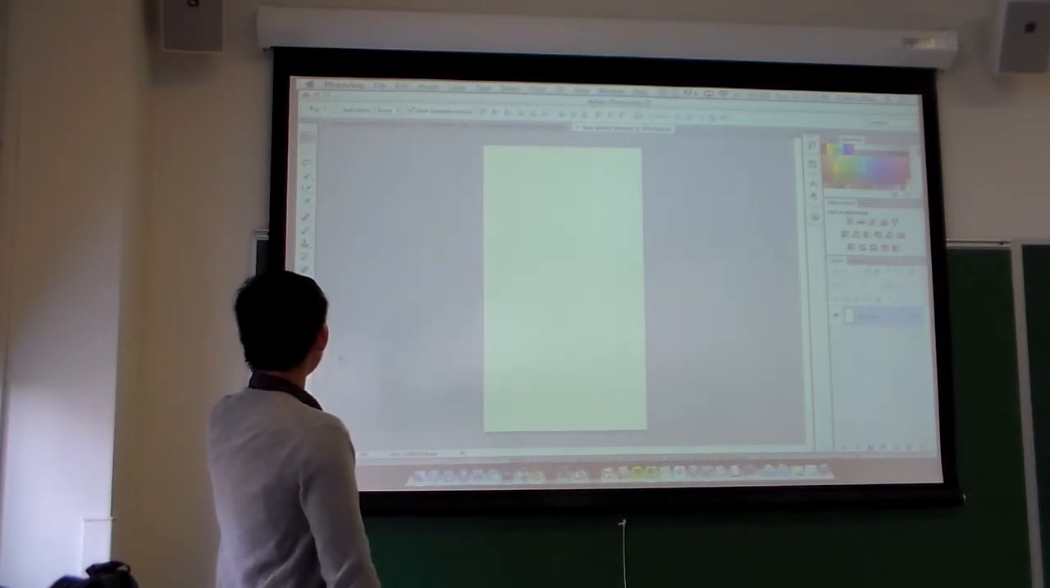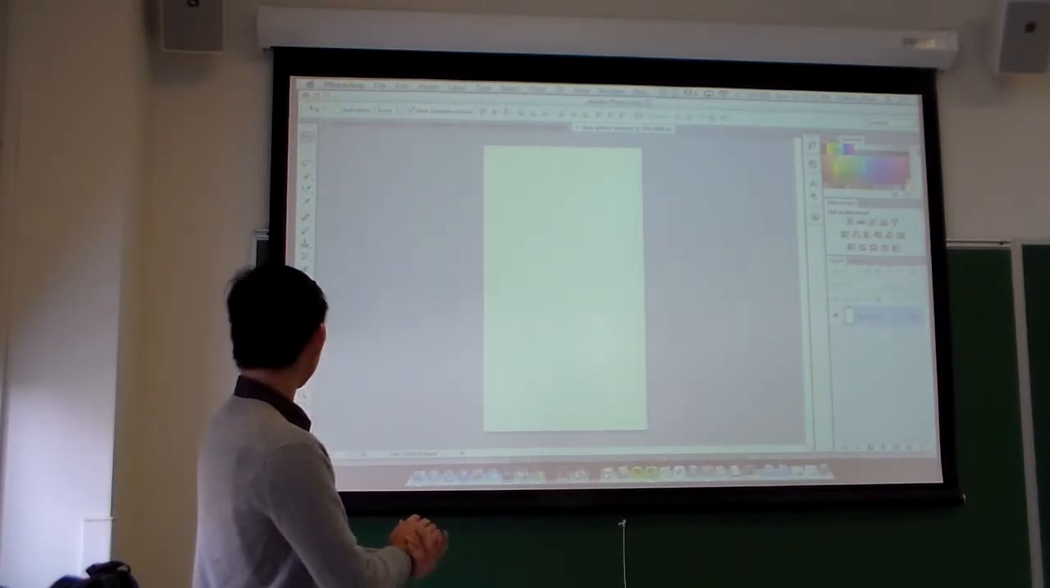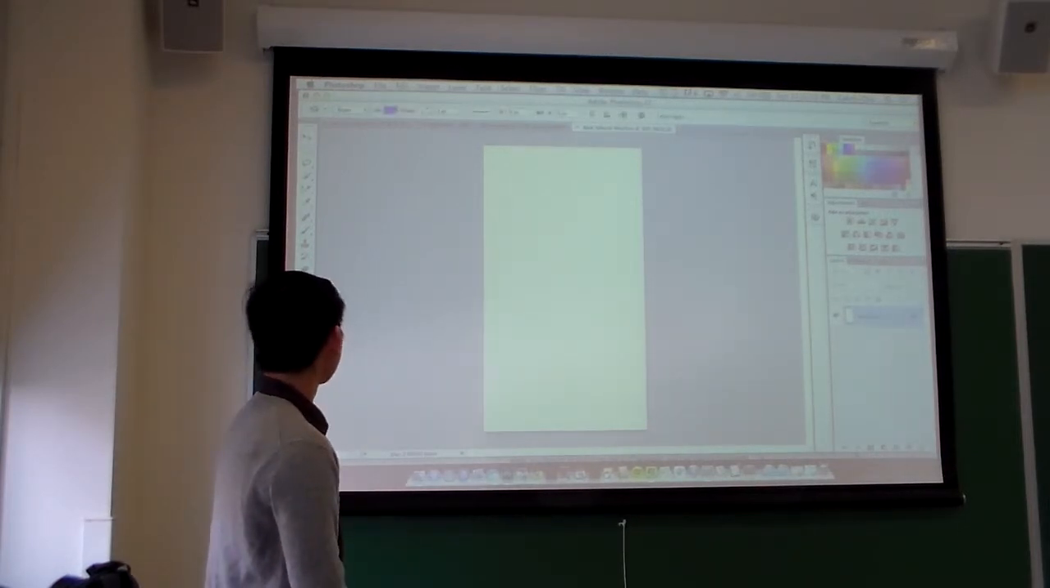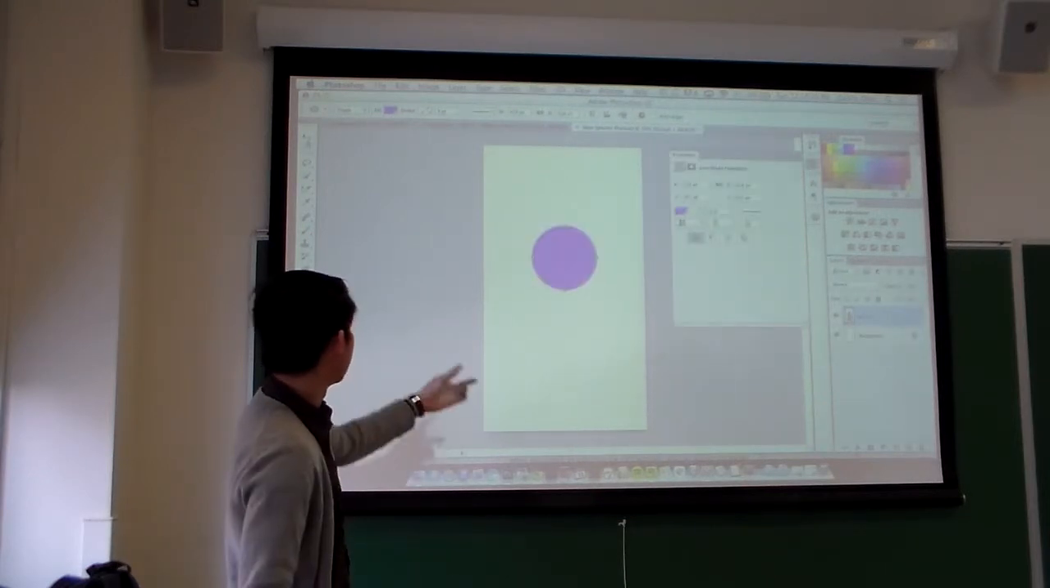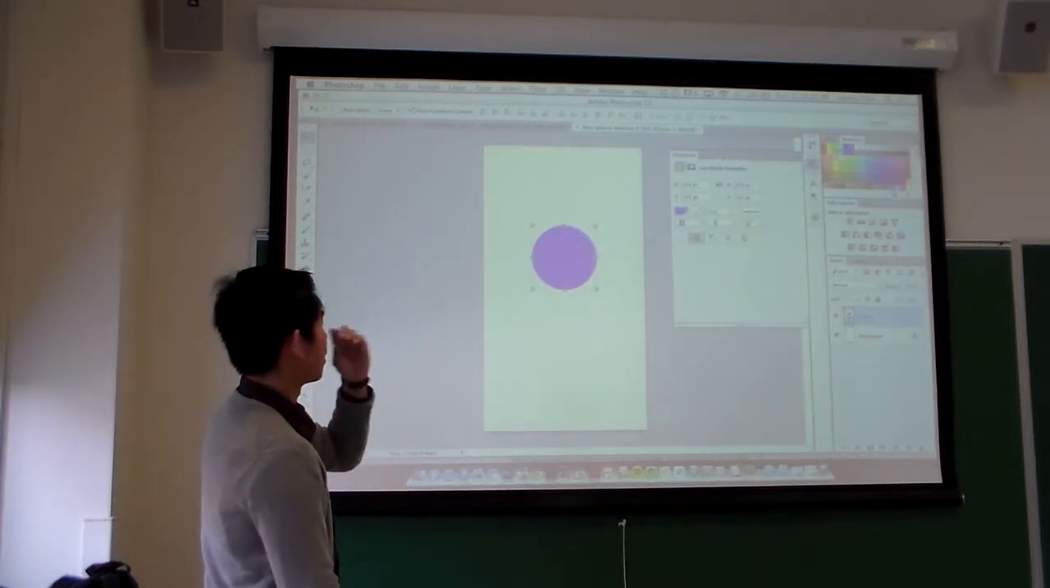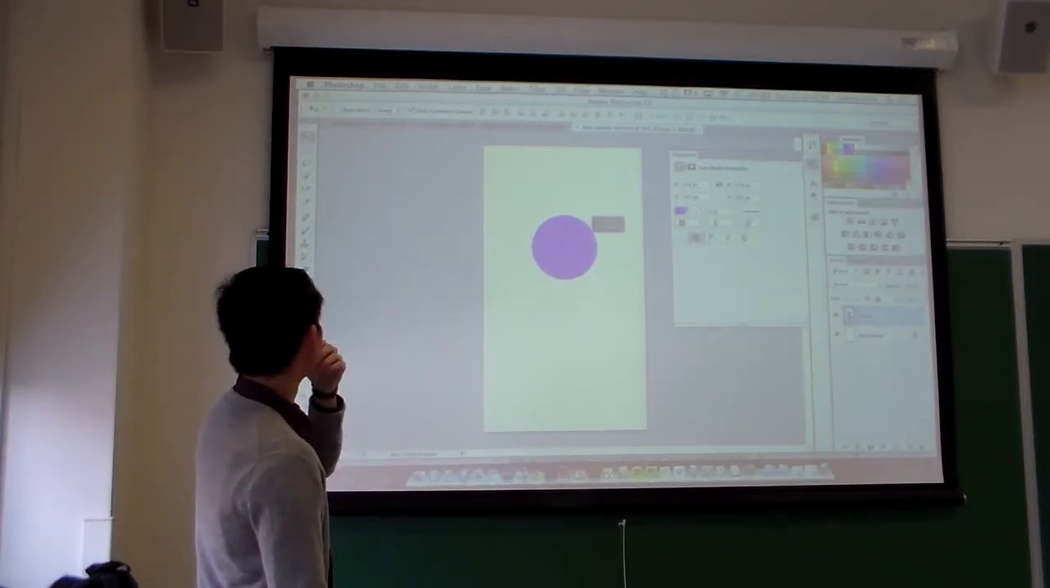Let's start with the shape tool. Okay, we're gonna make shapes, and let's draw a rectangle or an ellipse, and then we'll try to burn. So this is the drawing tool. When you draw something, it appears there, and what you can do with it is